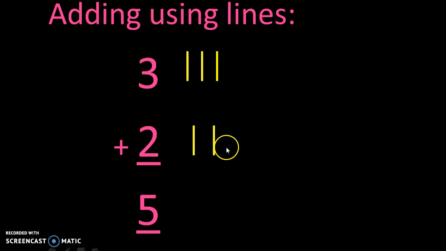And for 2, 2 lines. So when adding together, after 1, 2, 3, continue with 4. After 3, it is 4, 5. Like that you will have to continue counting and complete over here. You get that answer. What number you are getting at last is your answer. Shall we see another example?